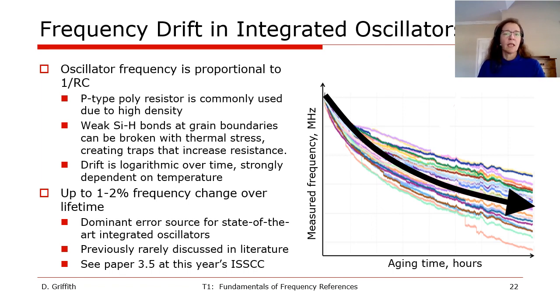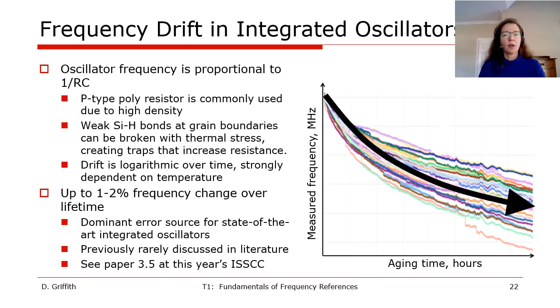So you would think then that we have a highly stable frequency reference and that all of our problems are solved. However, there's one big issue remaining with these oscillators, and that's frequency drift. The resistors are often made up of p-type polyresistors due to their high density. However,